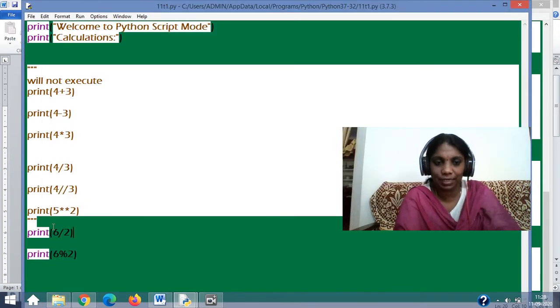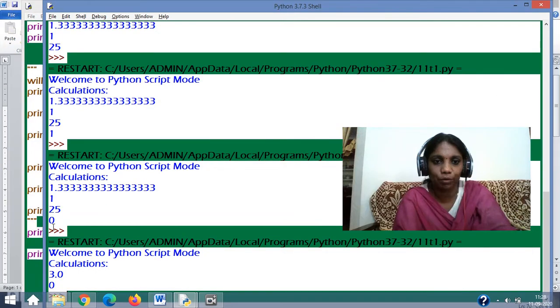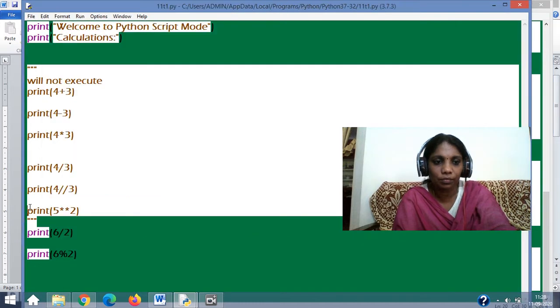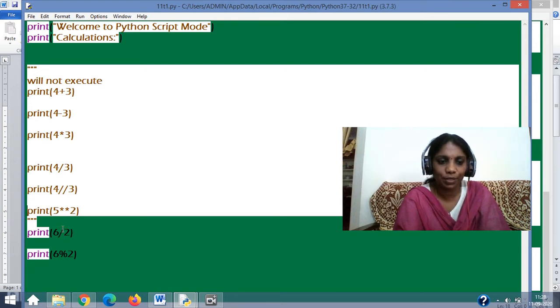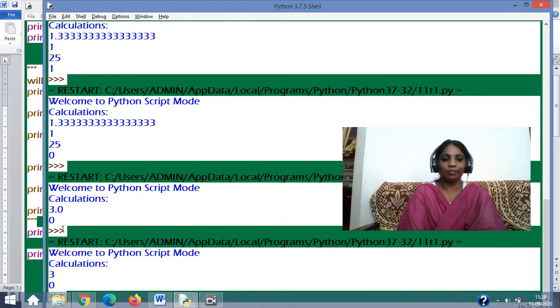What if I write, I'm pressing alt tab, okay? That is how I can go to the different windows which I've opened and kept. So yes, alt tab I am pressing, and I'm going from one particular portion to another. So 6 // 2, here I am putting 6 // 2, and then the same thing I'm running. So there, that .0 is gone.